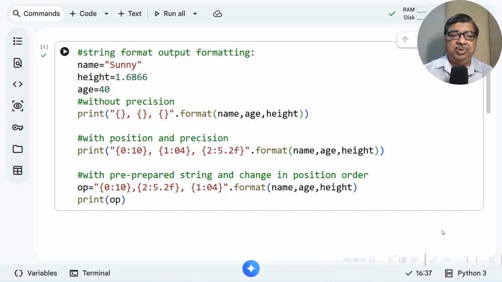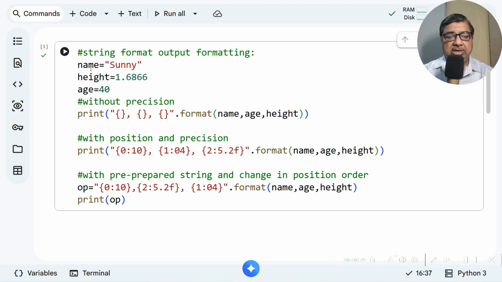Today, I will be telling you about how we format things using the string format feature. Then we'll continue further with different types of output formatting. After string format, we'll also consider taking up f-string in the next example.